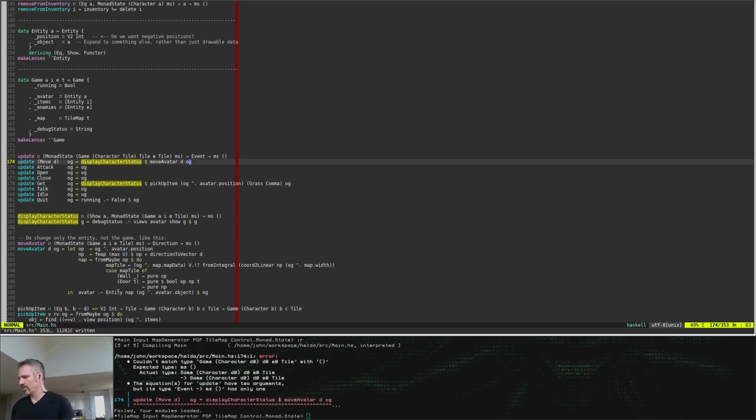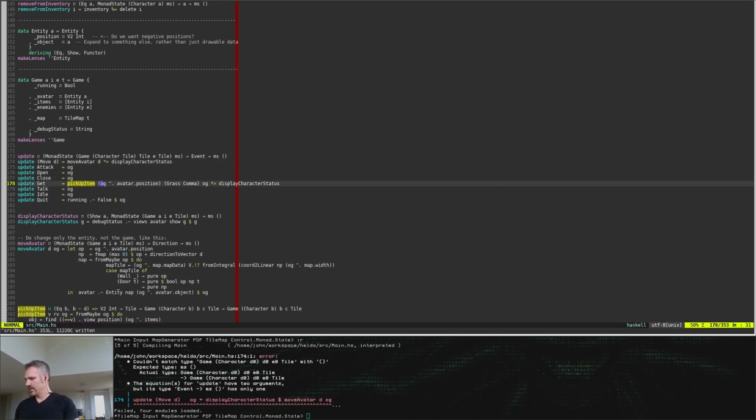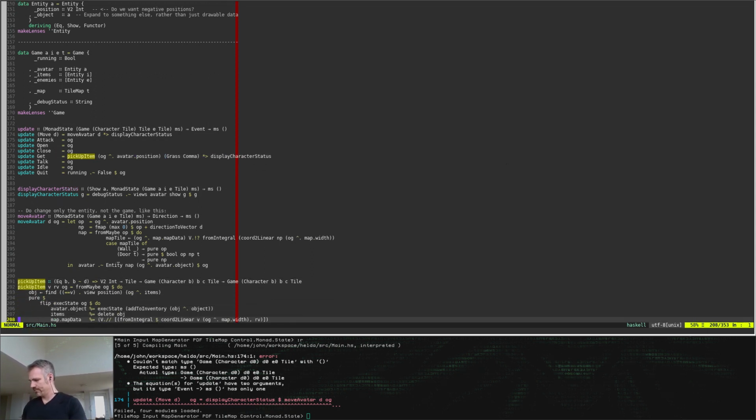And right now, this is going to be pretty simple, because we want first to move the avatar, right? And then we want to display status. Same here. We want to display status, and then the pickup item. Oh, here we don't need the original game, or here because we are already having it in a state. So pickup item,